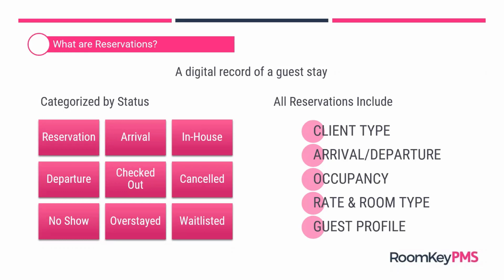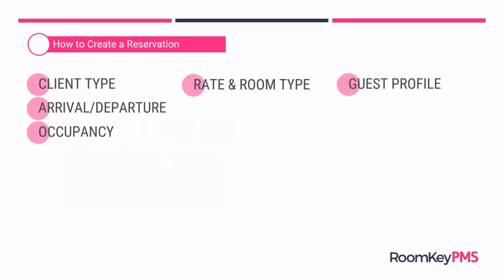So here we've defined that all reservations must include a client type, arrival and departure dates, occupancy information, as well as a rate and room type and a guest profile. Since we're focusing in on what is included in a reservation, let me break this down a little bit more. I'm going to group these into 3 columns, and these actually correspond to the 3 steps that are required